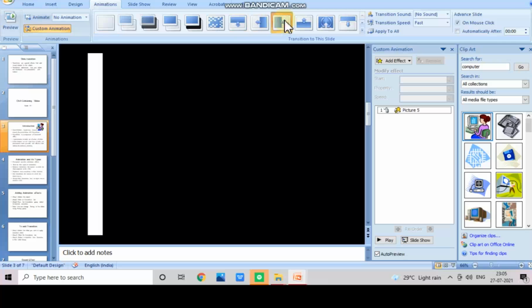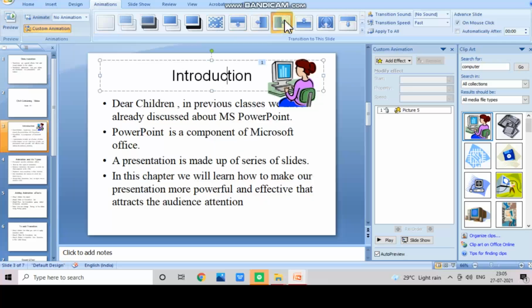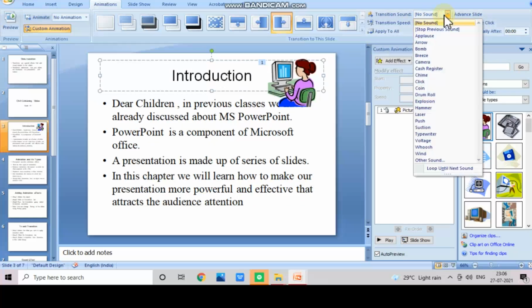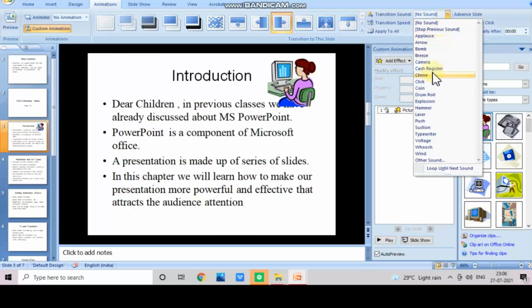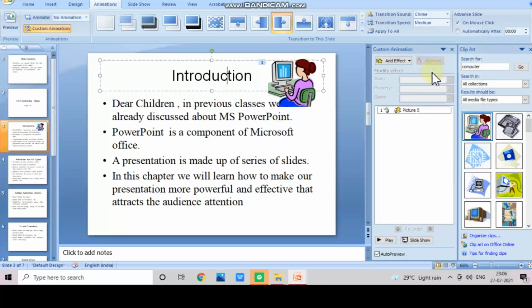Once you click, it will apply to this particular slide, or if you want it to apply to all slides, you can click apply to all. Again you can give a speed. The transition speed can be slow, it can be medium, can be fast, and you can give even sound also. So if you can hear, there is sound, right? So see how interesting it is.